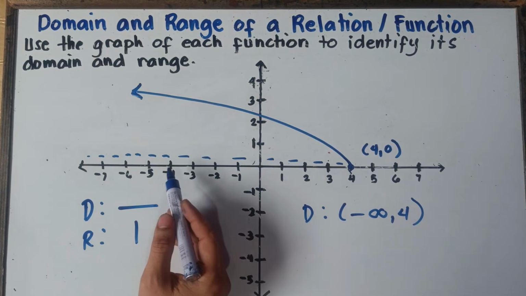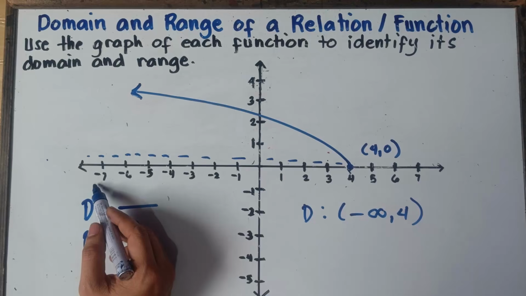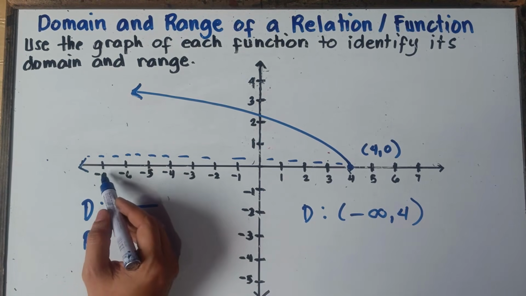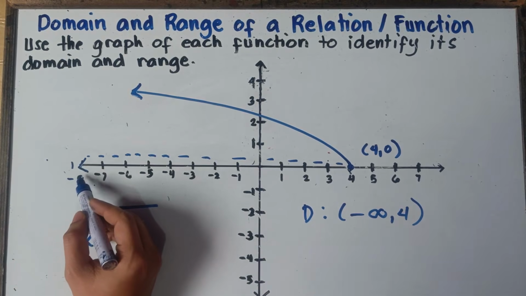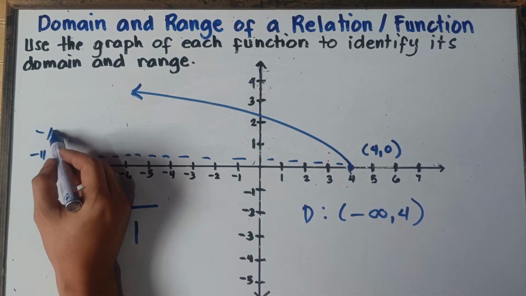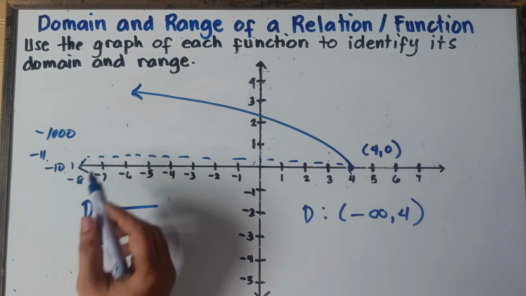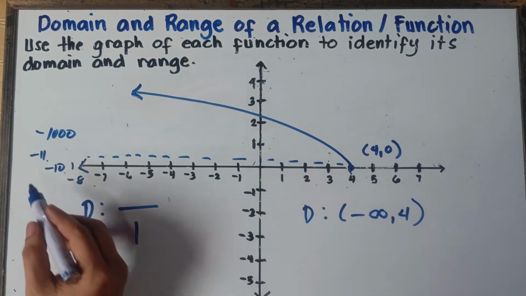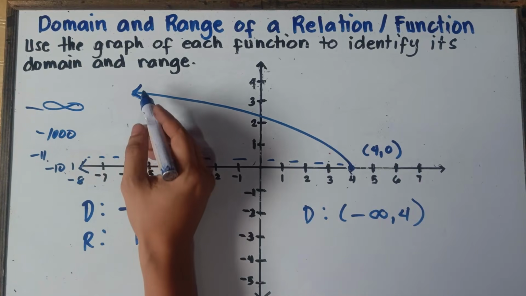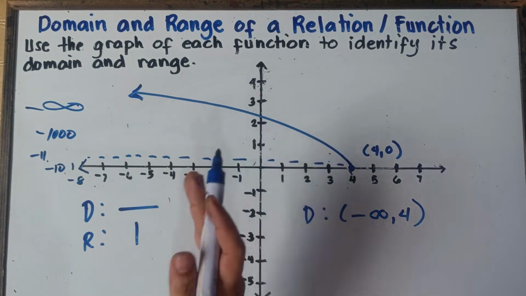Now, the numbers, class, going to the left, we have negative numbers, right? We have negative 7. Now, we have an arrow, it means it will extend, right? We have negative 7, including negative 8, negative 10, negative 11, negative 1,000, negative 1 million, negative 2 million, up to negative infinity. Once again, class, going to the left, since we have an arrow, it will extend infinitely.